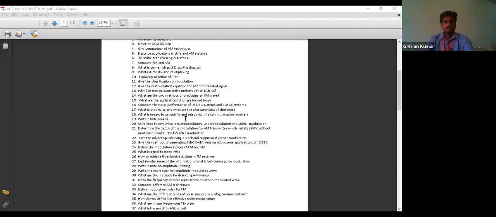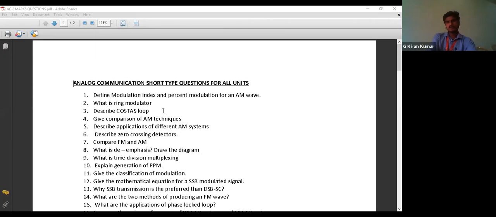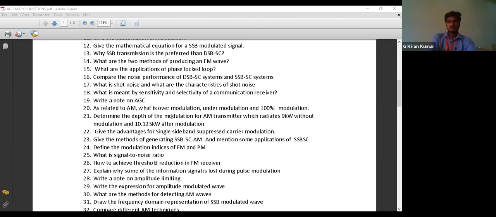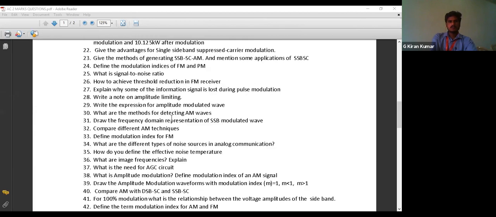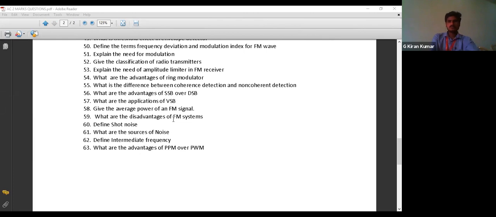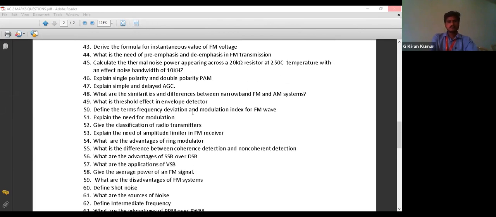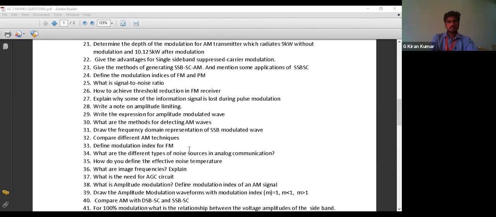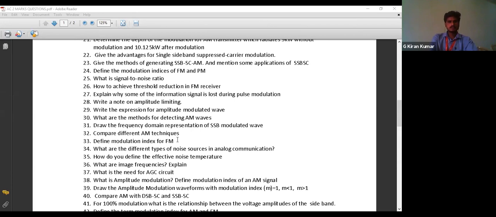Okay, we'll go through it, you will get the knowledge. We have mentioned it for all units. I have mentioned some short answer questions also, and we'll go through all these questions. Right. So for our mid exam, we can go up to question 30, that is up to modulation index. From here onwards, that is from the 34th question onwards, we have chapter 4, module 4.